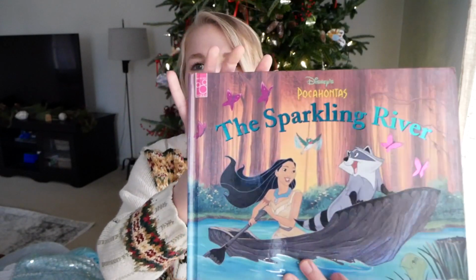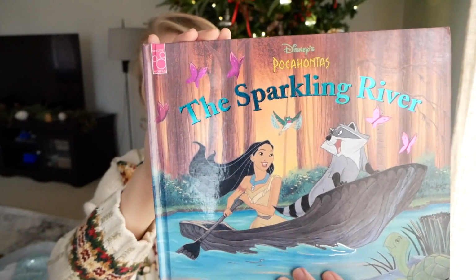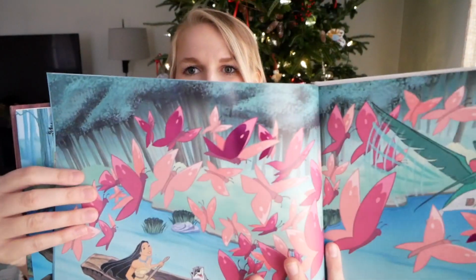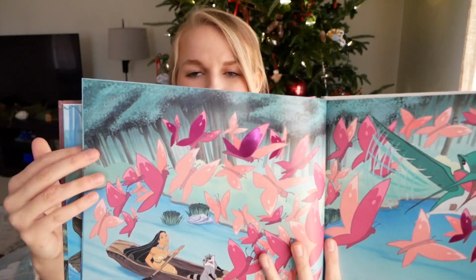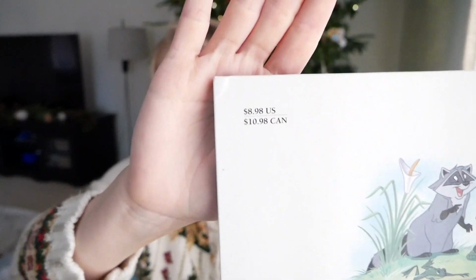So something that you will always hear me recommend that you look for secondhand are books. So I definitely went with the whole like something to wear, something to read, something you want, something you need. I don't know if I really have anything in the to wear category. But as far as the to read, I got a book for each of my kids. So for Andy, our 3-year-old, I got her this Pocahontas book. It has some really nice like leaf detailing. I think that's what you'd call that, like gold leaf, but it's different colors on each of the pages. And I think that it's a really pretty detail. And looking at the tag here, this would have originally cost almost $9, and at our thrift store, most books